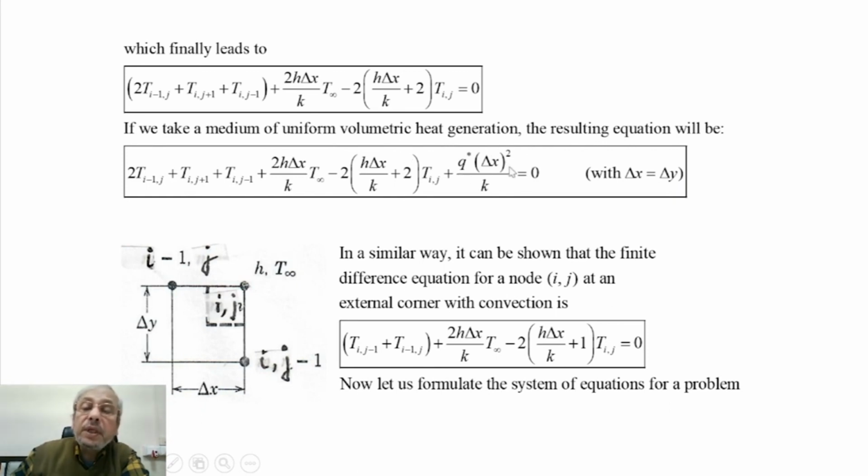If there is volumetric heat generation rate, or a volumetric heat source, present in the material, then this will be the governing equation. Now let us look at